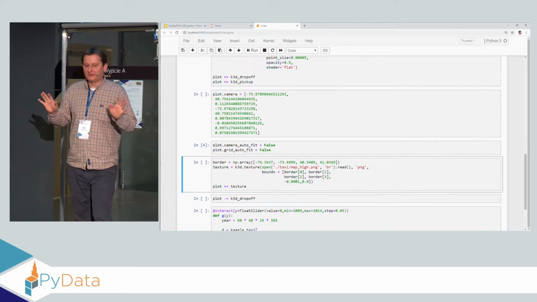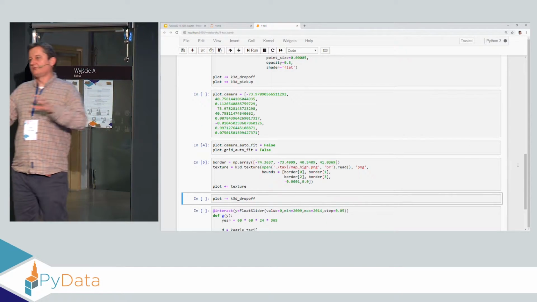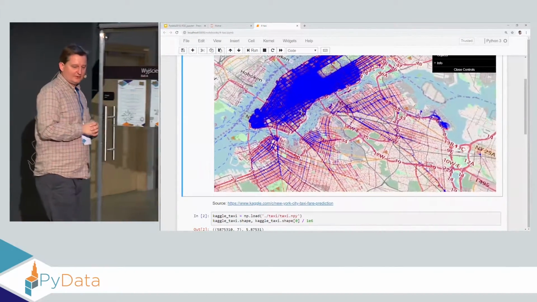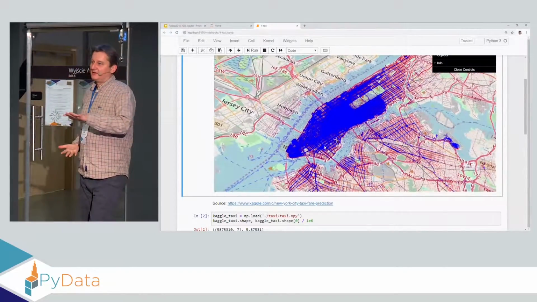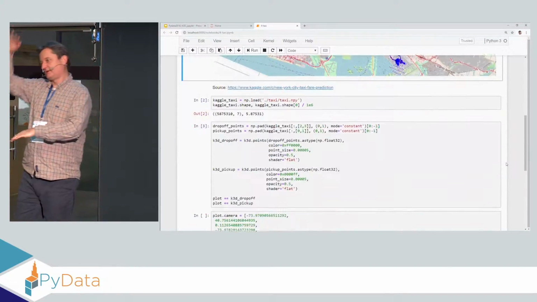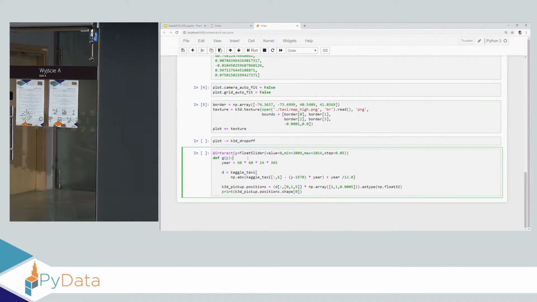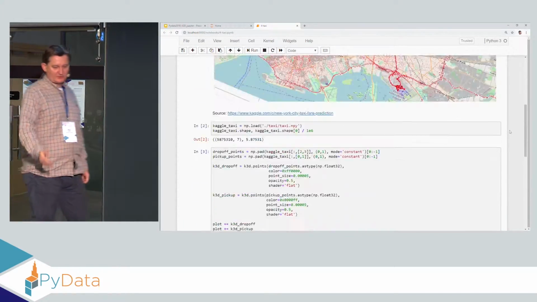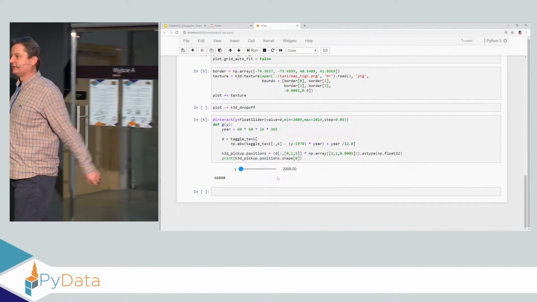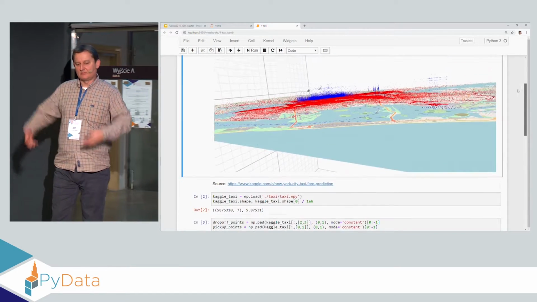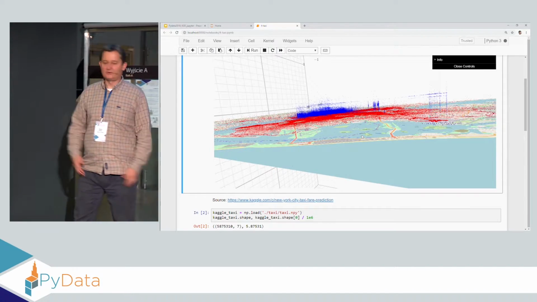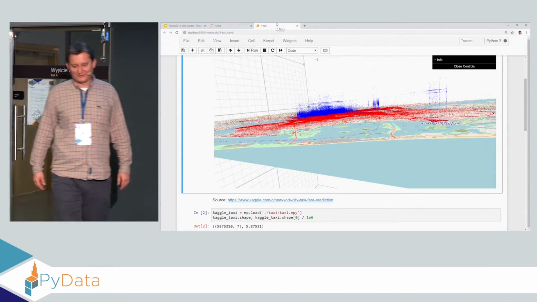Yes, 10 million points is not that little. Of course, you don't want to render each point with triangles. We have to do a one-pixel shader and not know anything else. But of course, we have a texture, so we can calibrate the map and make the points be on the map. The points are in 3D, so the third dimension can be the price of a taxi drive. And because of the interactivity, we can filter those points and send just a portion of this and update the data set with a slider, and we can build applications like this in minutes. Well, Arthur can do it in minutes, maybe we need hours, but nevertheless, in almost interactive time.